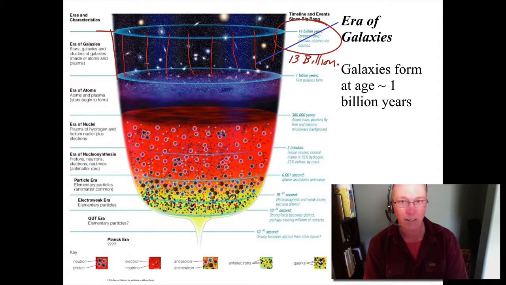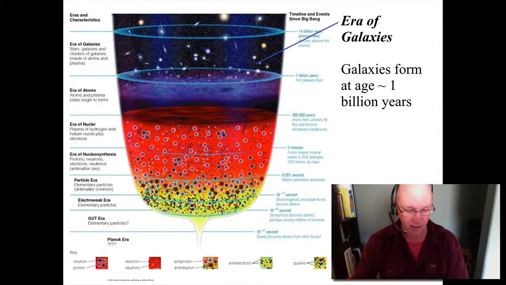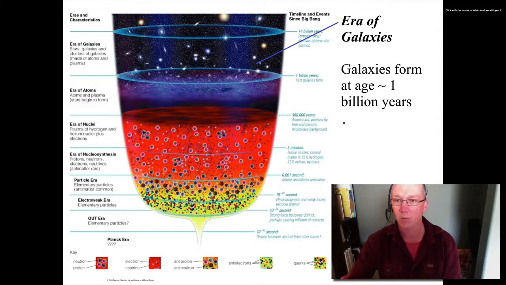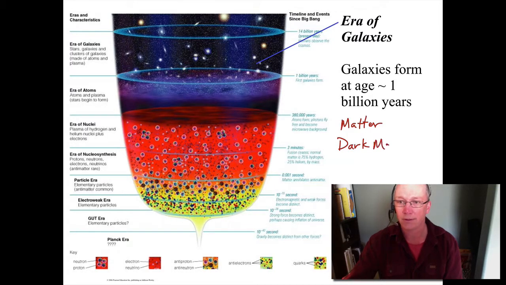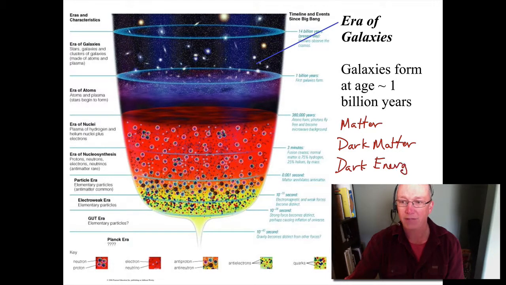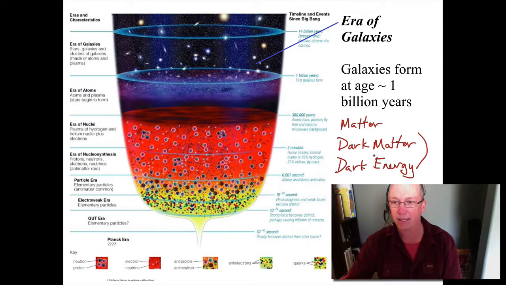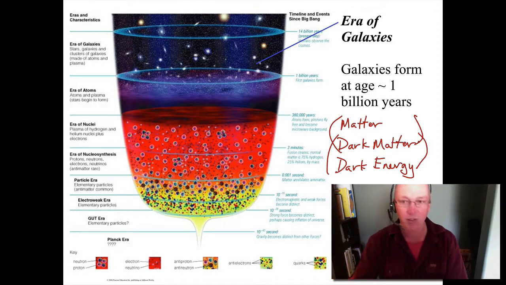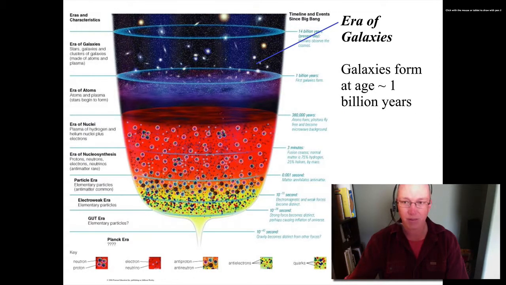Before we do that, I just want to point out that there are, again, three types of material in the universe that we're worried about. We have regular matter. We have something called dark matter. And we have something called dark energy. For the sake of argument, we sometimes lump dark matter and dark energy together, or we lump dark matter and matter together, depending on whether we're talking about gravity or about the expansion. But a parameter that we're going to look at now is something called omega.